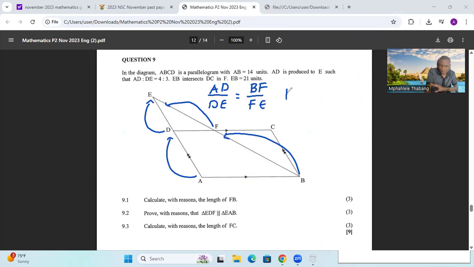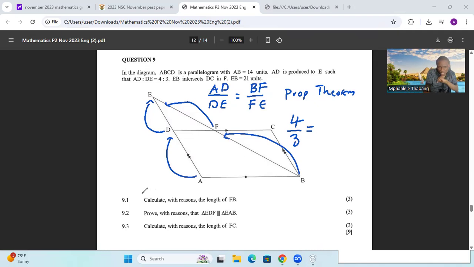My reason is prop theorem. So I know AD over DE is given, it's 4 over 3. So I will say 4 over 3